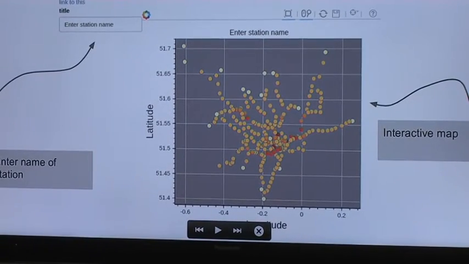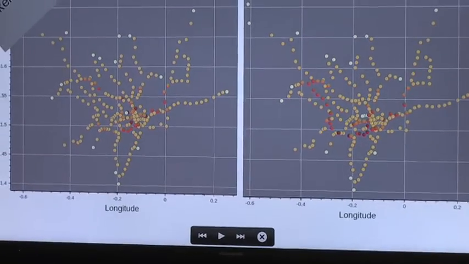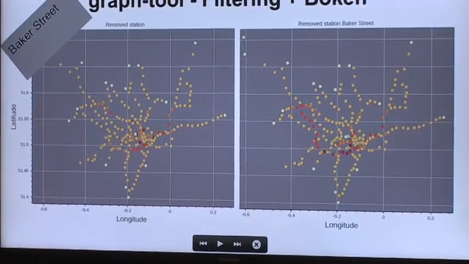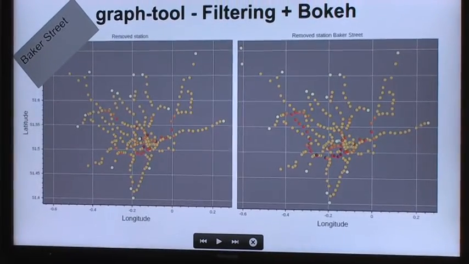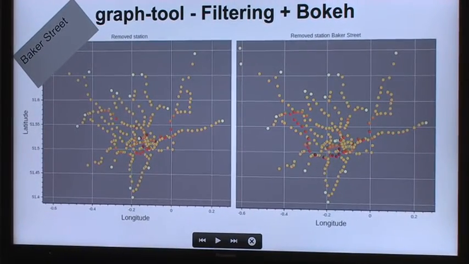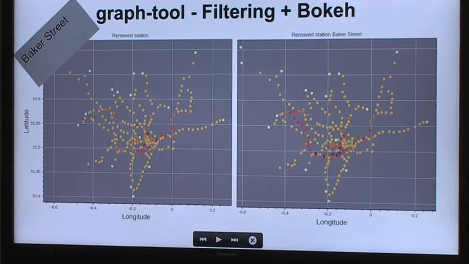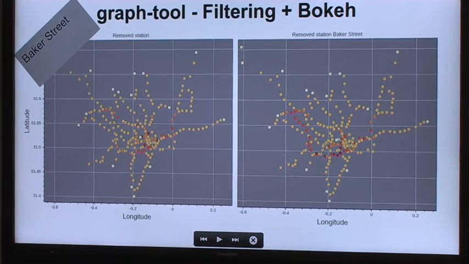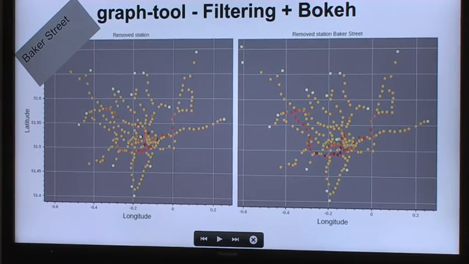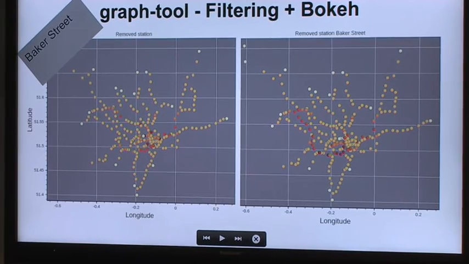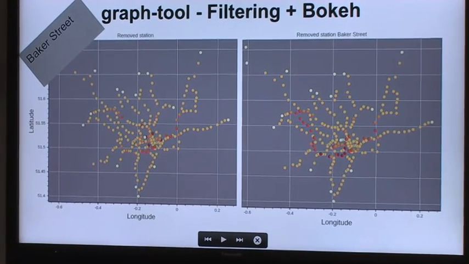So, for example, if we remove Baker Street, we can see in the original image that all of the stations here have a fairly low betweenness centrality, but once you remove Baker Street, there's a lot more commuter traffic being routed to every single station right here.